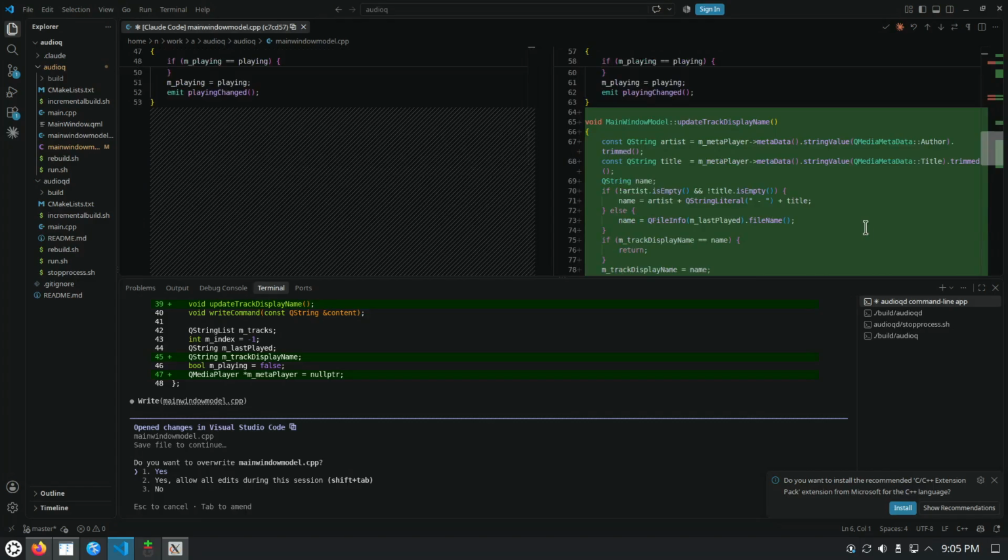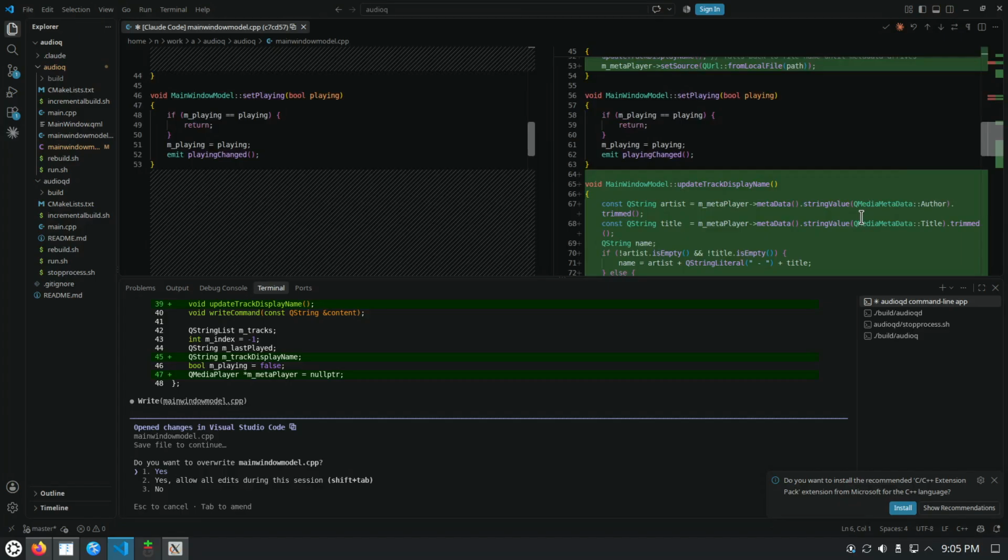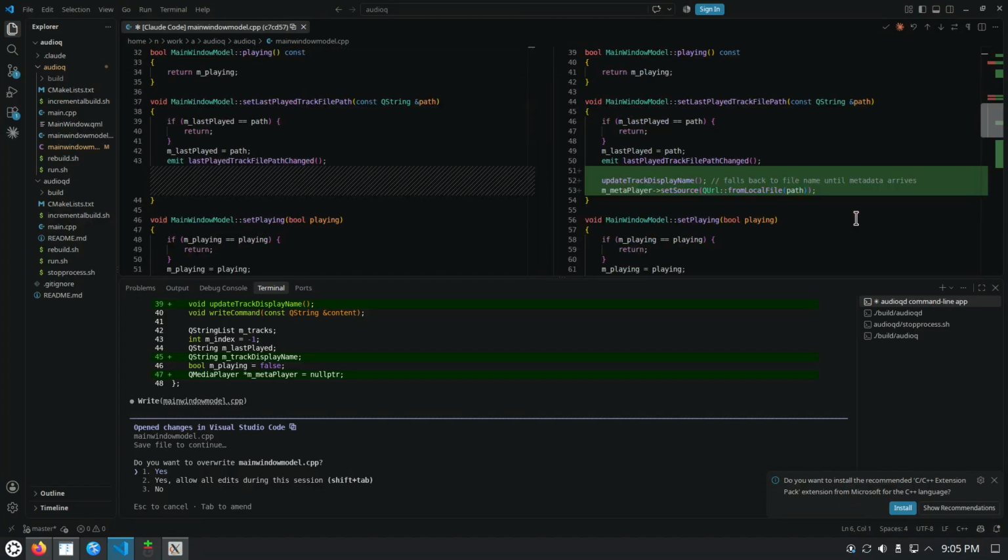I'm not sure if that's the canonical, most recommended way to use the Qt framework version 6 to get at the metadata, the ID3 tags or whatever else is there inside an MP3 file. To instantiate a full-blown media player just for this functionality, which just requires reading maybe not even the entire file from the disk,